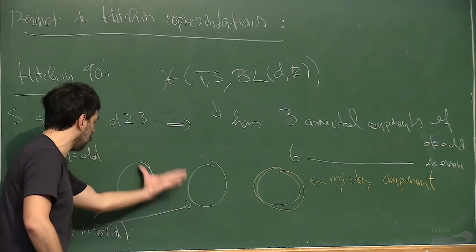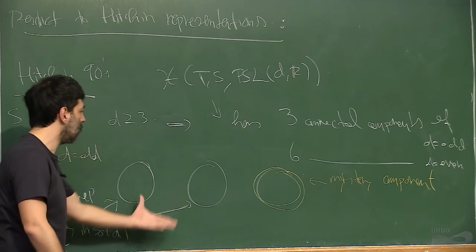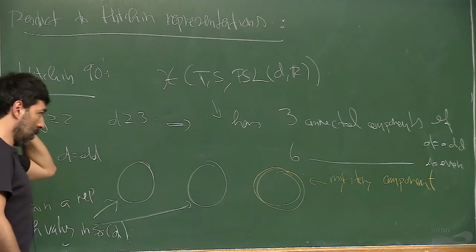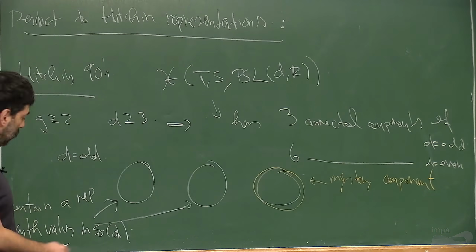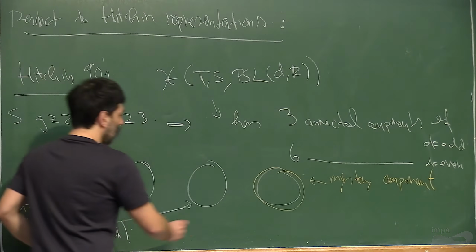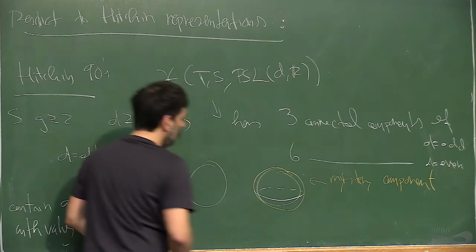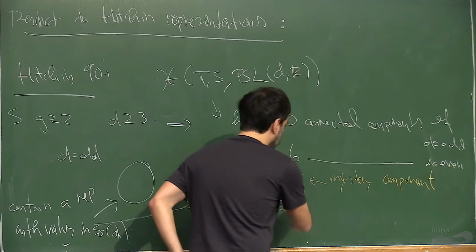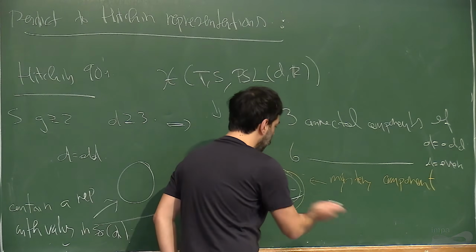So those are there naturally in some sense, and this is something that appears by magic. This is why this attracted a lot of attention, and a lot of work came on this. And so it turns out that this mystery component that we now call the Hitchin component